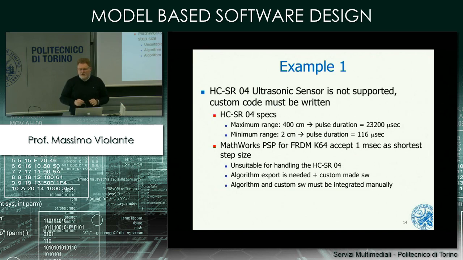Well, if you look into the spec of this device, you can see that the sensor has a maximum range of 4 meters. This means that the ultrasonic pulse that is emitted by this sensor can be reflected up to a distance of 4 meters, while the minimum range is 2 centimeters. So if you have an object within the emission cone of this sensor that is 15 degrees, that is placed from 2 centimeters to 4 meters, you are able to measure the